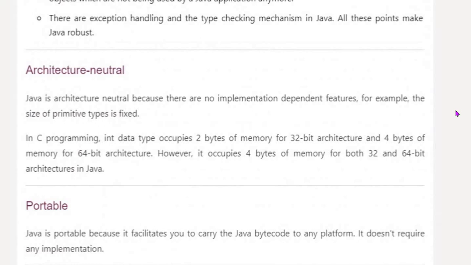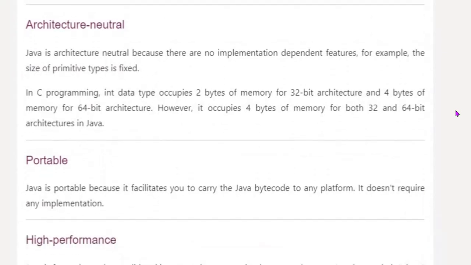So in Java, all the primitives that are created are converted into bytecode, and that bytecode runs in the runtime environment. The runtime environment can identify based on the conversion already done, because on different platforms we can install different runtime environments.